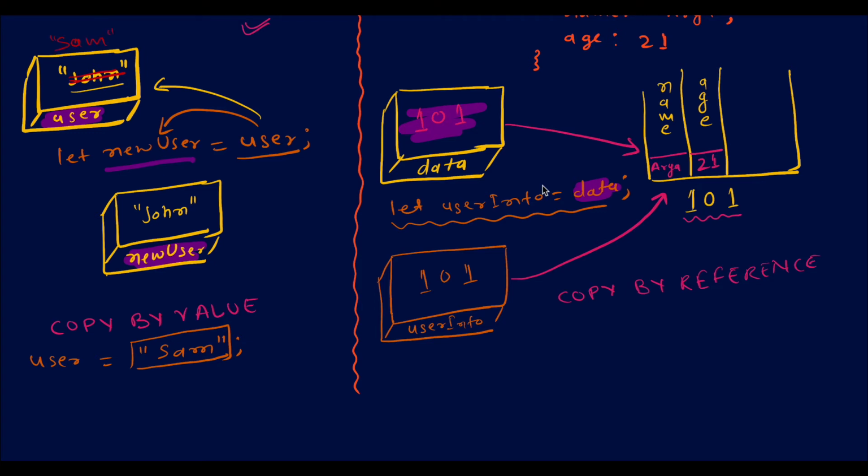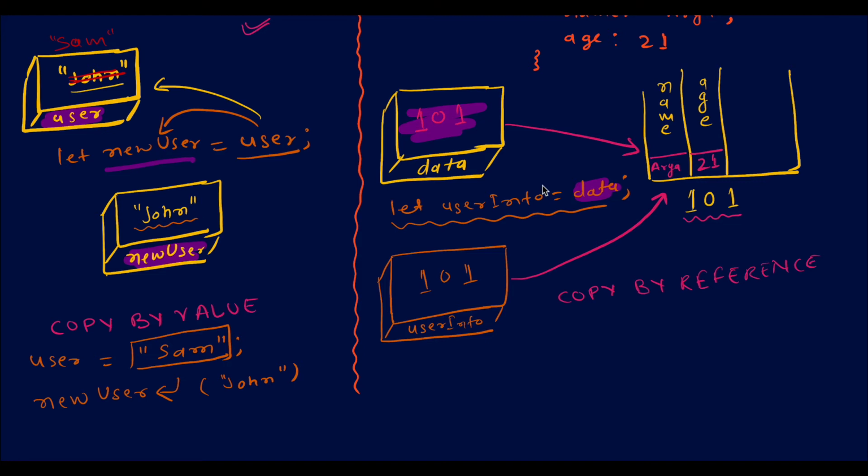And what will happen if we access the value of new user? So we say new user and press enter. So we will go inside the new user variable and we'll see the value inside new user is still John, because whenever we are copying primitive data type, the value gets copied inside the box, so the new user is still John.